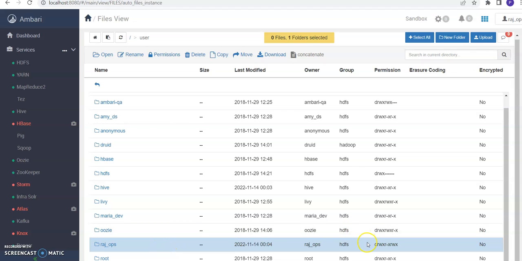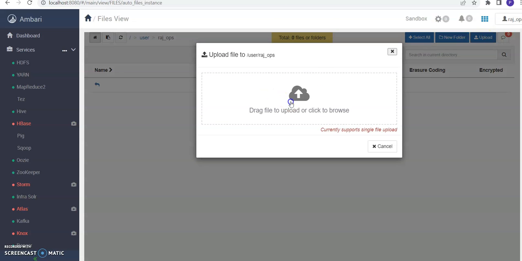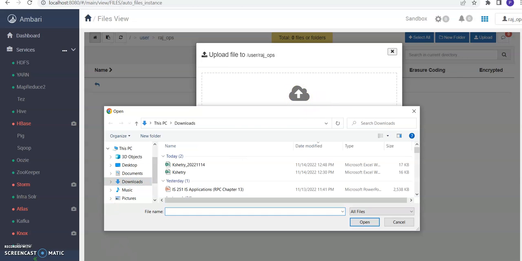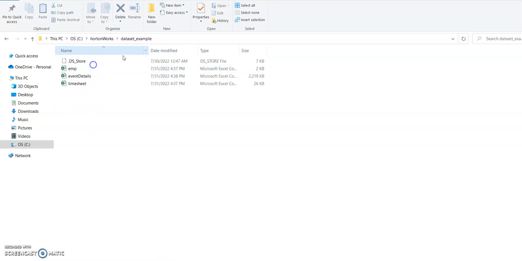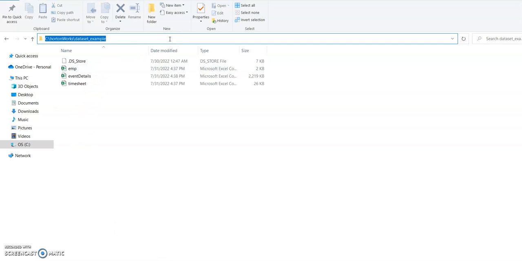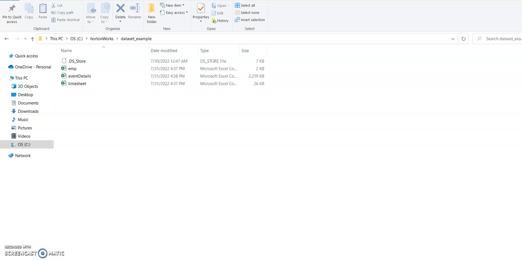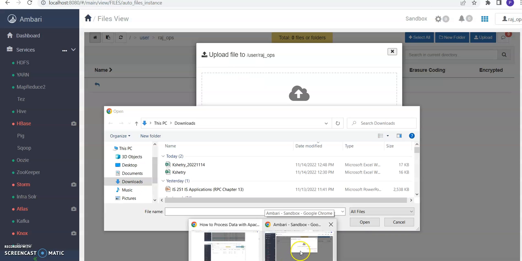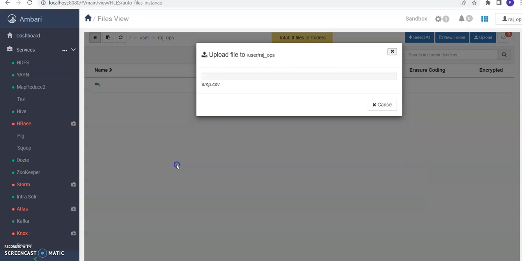And once you have provided your user with the read-write access, you may just want to double click on it and then upload the files that you want to upload to your machine. So go over here, click on the upload. My files are located over here. I am typing the folder, and then